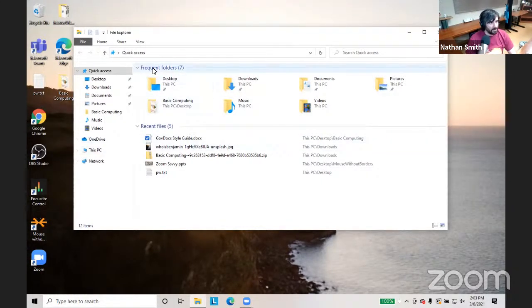and browse it. When you first open it up, it's going to give you this view called Quick Access, which I'll mention only because it's pretty helpful. Up here at the top, it says Frequent Folders. Basically, these will be folders with information that you've used recently, or folders that you've looked at the contents of recently. So if there are folders that you use a lot, they'll probably show up here. That's kind of handy if you want to get back to a folder that you've been working with recently. And then recent files.